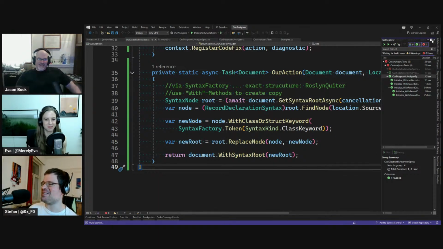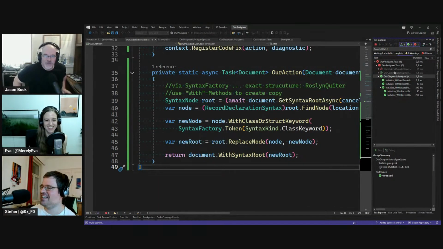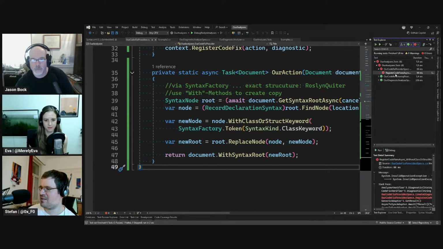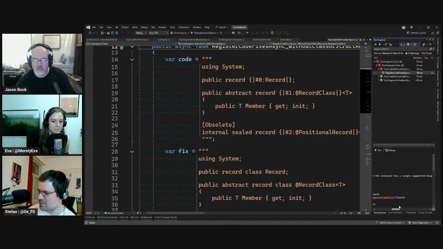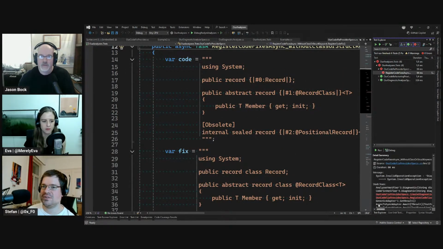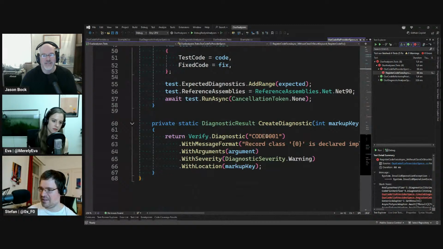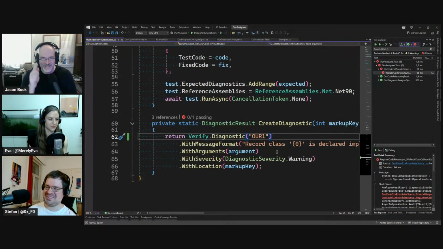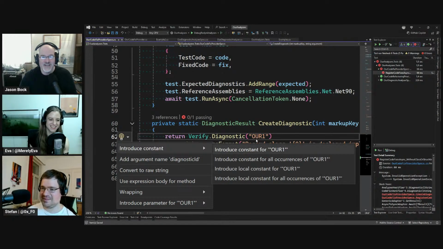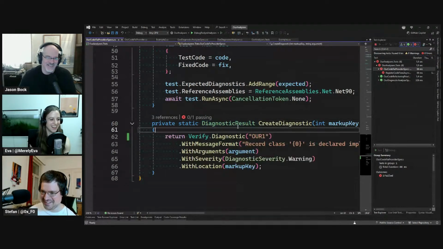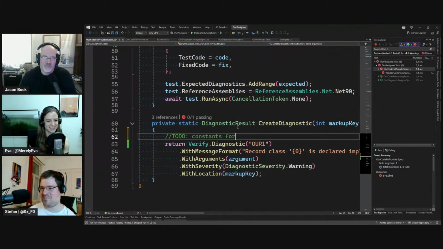Is it time to run the tests? Well, I guess it's always time to run tests. Seems so, yes. When do you not? So our code fix providers: single supported diagnostic. I believe it's because we changed the diagnostic, but I haven't changed it here in the tests. So it was expecting the old one. This is where you use constants, so that it's the same everywhere. I'll let you do that later. Okay, still failing, but